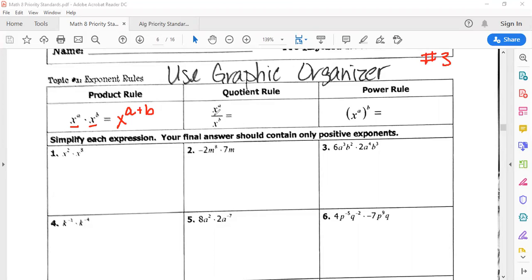So x to the a divided by x to the b equals x to the a minus b. And then the power rule: when you have a power, which is a base and an exponent, raised to another power outside of parentheses, remember we said it was similar to the distributive property with exponents. It's going to be x